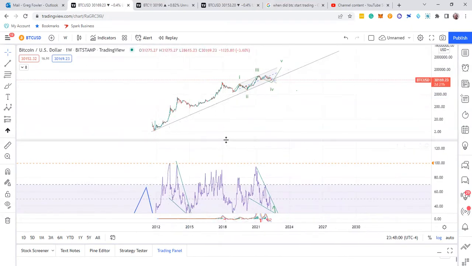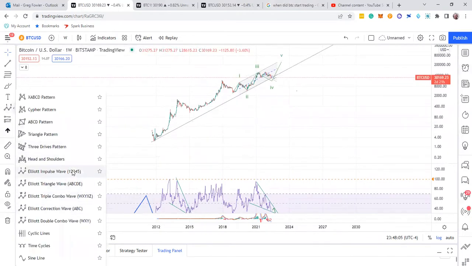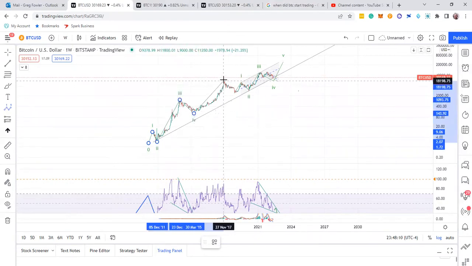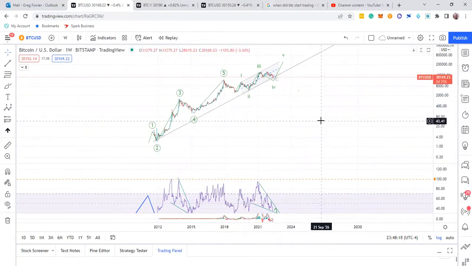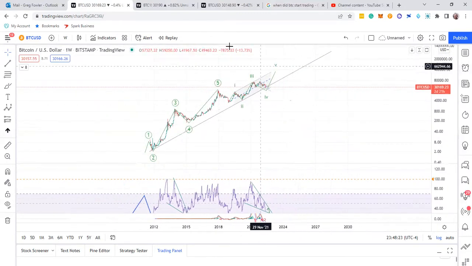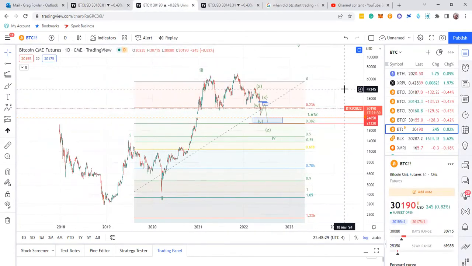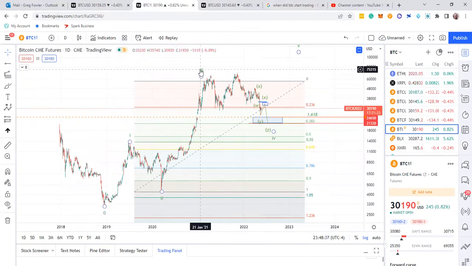Okay, so sticking to the other one, what the count is down here. This one, 1, 2, 3, 4, 5. And let me make that a primary. Like that. So now it's making another cycle up on a fifth wave. So we're going to go through a couple options with the counts to let people know this is the section that we're in. I showed you, this is the 1, 2. Here's the third right here.